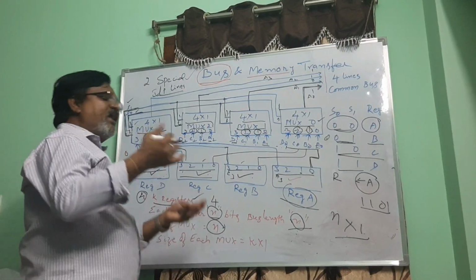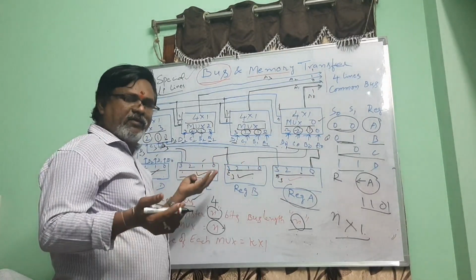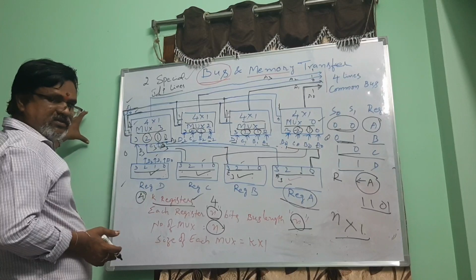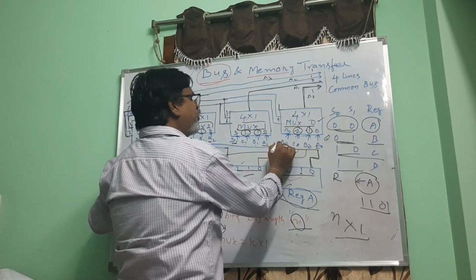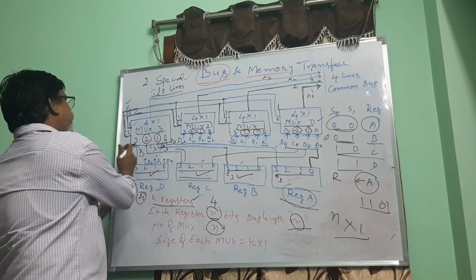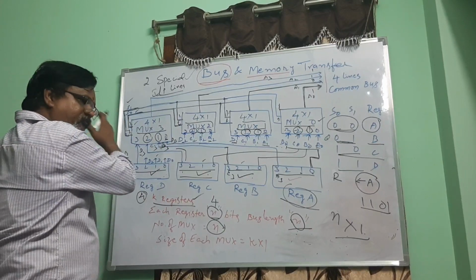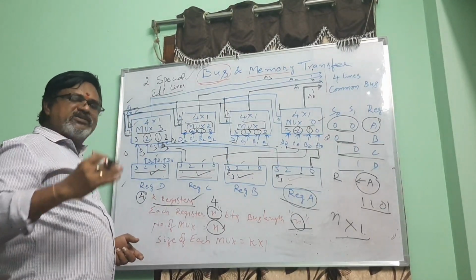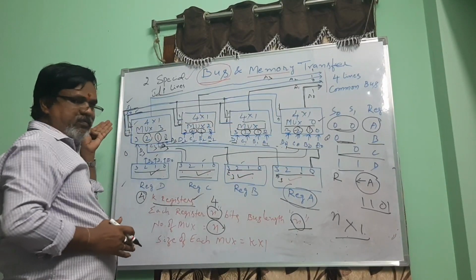Now you can ask me, sir, if all the registers are 8 bits in length, then how? Very simple. You need to have 8 multiplexers like this. So here how are 4 bits connected? A0, B0, C0, D0, like here A3, B3, C3, D3. Now one more multiplexer will be there, A4, B4, C4, D4, A5, B5, C5, D5, like that. The last will be A7, B7, C7, D7. So if the length of the registers is 8, you should have 8 multiplexers.